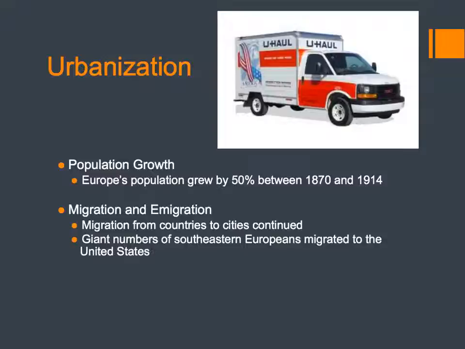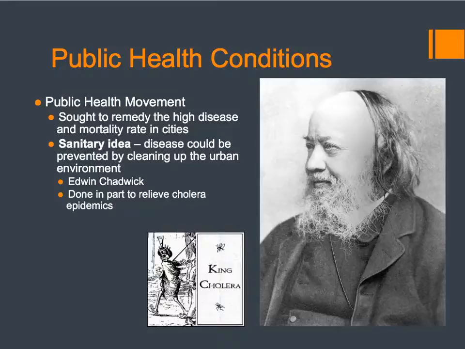Birth rates are actually falling during the period thanks to more family planning and things of this nature. But people are living longer thanks to better medical knowledge, better nutrition, better housing, and like I said, in the middle class, people having fewer babies. Migration from the countryside to the cities continues, although many people, especially in southeastern Europe, are leaving for the big bad U.S. of A. And you also see that in other places as well. So really, urbanization, people moving to cities, and people living longer too, and we'll discuss that more in later sections. Actually, we'll discuss that right now.